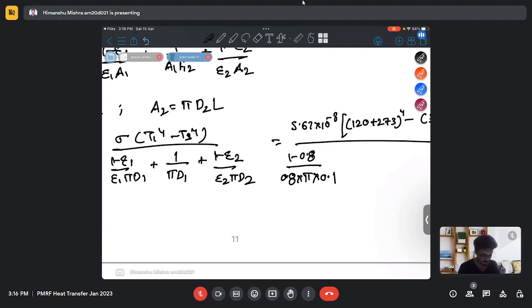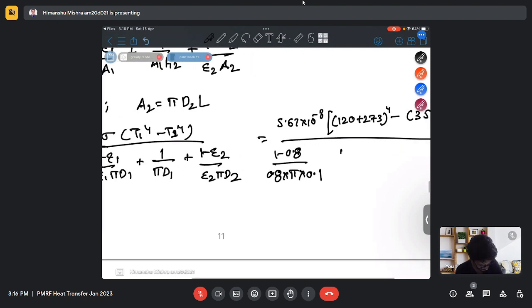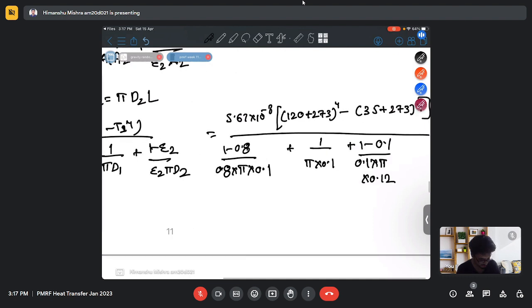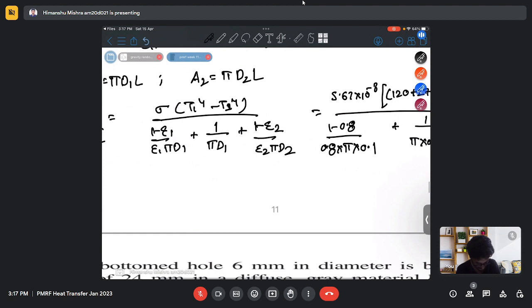This is my diameter of the tube, and this is my emissivity of the shield. So on calculating this, we will get heat transfer per unit length as 30.2